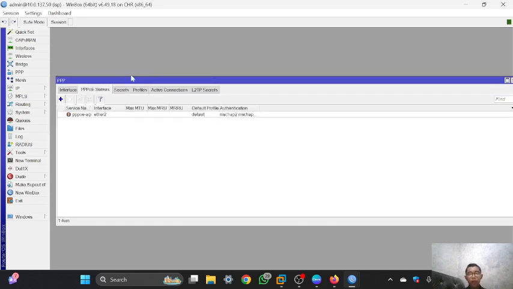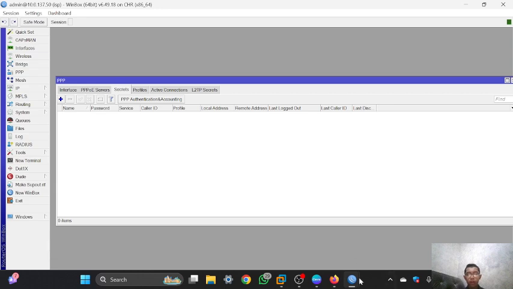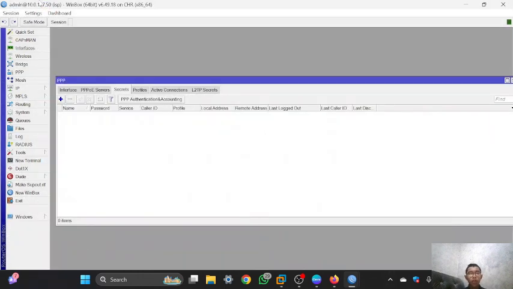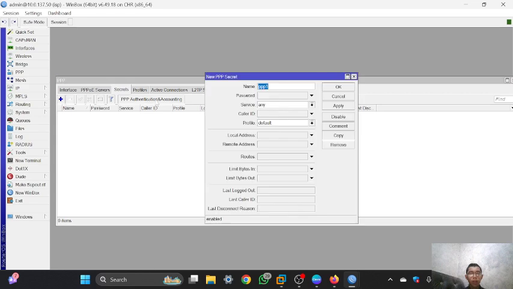And then I will configure the secret. So if the router client wants to connect to the ISP, it must log in using a username and a password. So for the name, I will use PPPoE Agi, and for the password I will set it just like this.